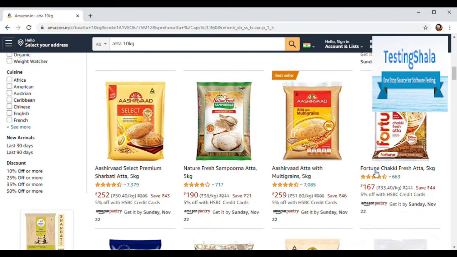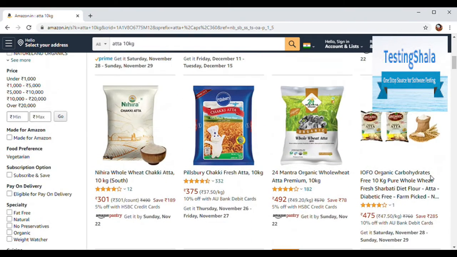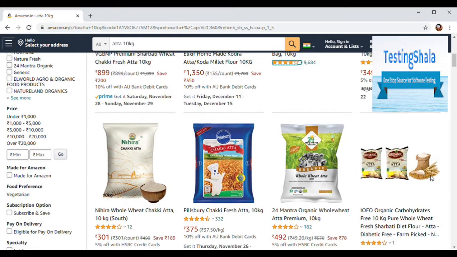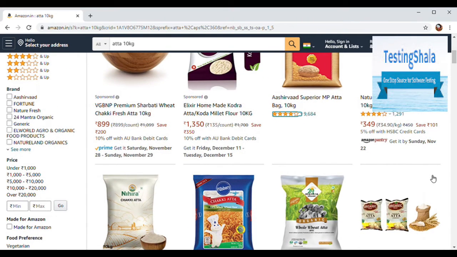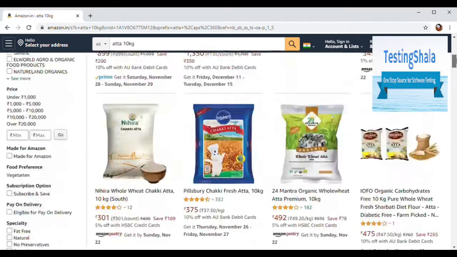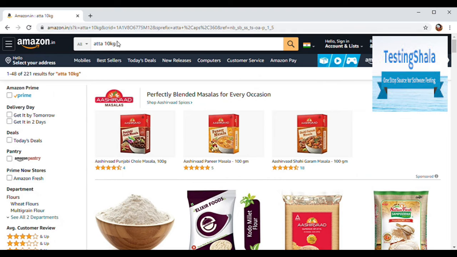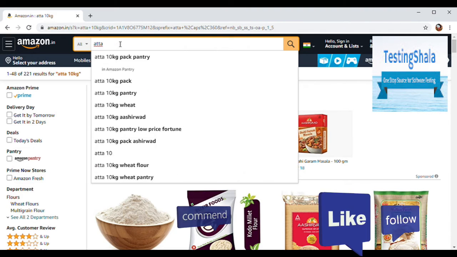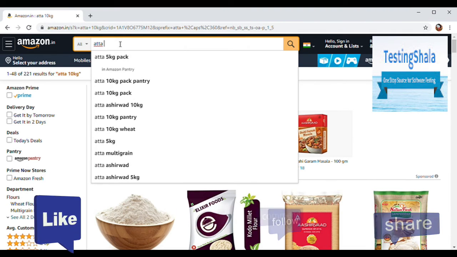All products belong to 10 kilo only. That is a good testing they have done, because everything is working. After 10 kilo, then there are 5 kilo products. That means it is not failing here. It is clearly passing everything in the first place, which is showing 10 kg, then followed by the remaining things. That is a good